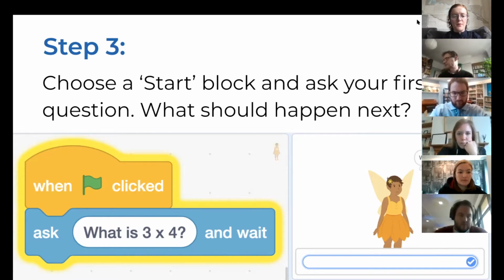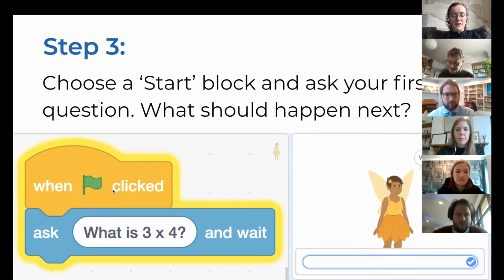And so with Scratch, these yellowy coloured blocks are called the event blocks, and they're really important because they tend to be the things that get your program started. It's the instructions that tell your characters not just what to do, but when to do it. So this block means that my character is only going to start asking me my maths questions when I click